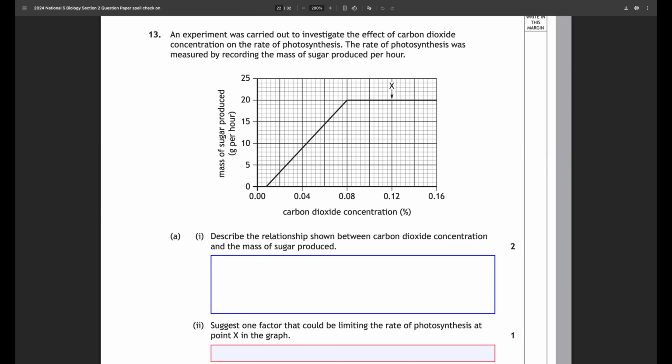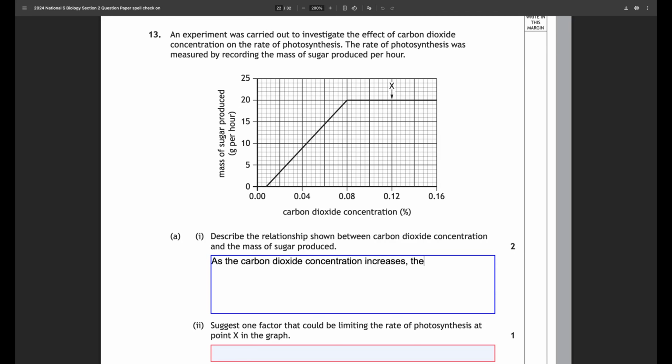Now, this is a 2-mark question, you'll notice. So therefore, we're going to have to say 2 different relationships here. So let's start off with the first one, which is hopefully the more straightforward one. So when we're doing a describe the relationship question, where the question starts like that, you want to start your answer with "as the", and then you just put the thing at the bottom here, which is carbon dioxide concentration. Okay, as the carbon dioxide concentration increases, and we can see the numbers are going up along the scale there,